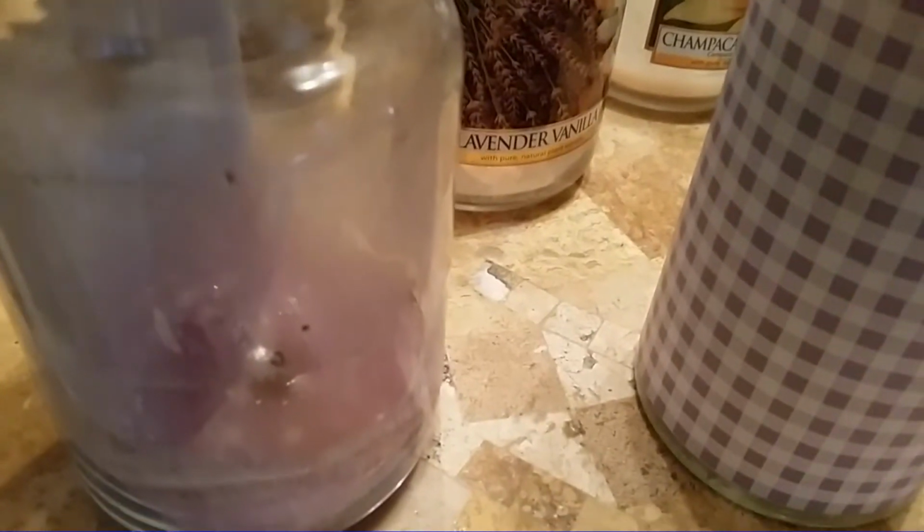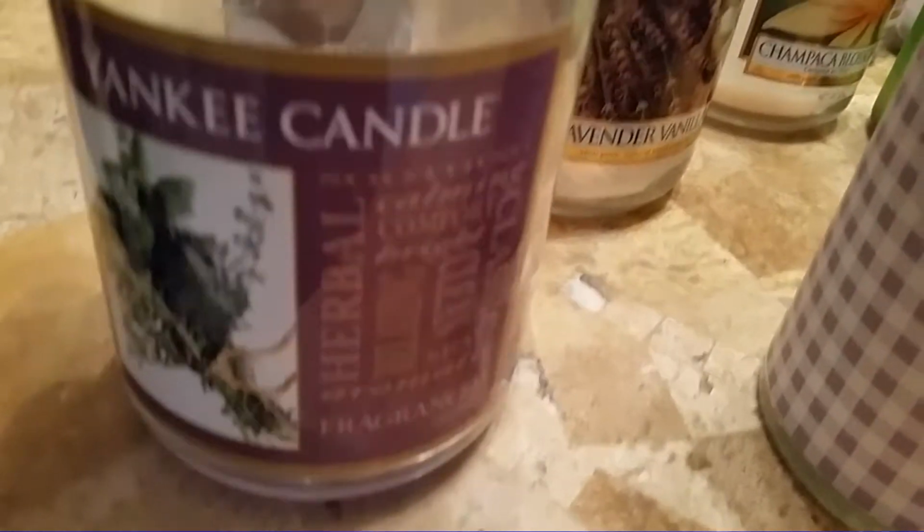Well, I've had Relaxing Lavender before. This is not the first time I burnt it, but I don't know if you guys can see how thick that wick is? I mean, and the jar looks like a mess because of the wick issues. The wick would be up so high, so then I would cut it down, and then I'd light it up, and it would still be too high. So then I would cut it down to the nub. Well, and then it was too short, and it was tunneling, and the wick was drowning. So then I'd pour out wax, and that's kind of what I did all throughout the life of this